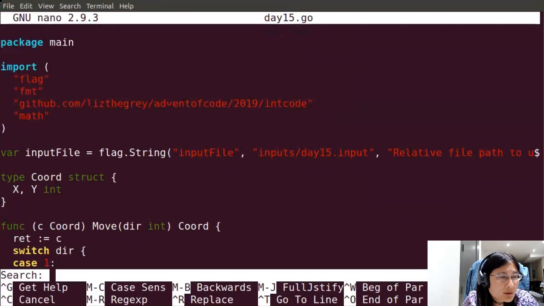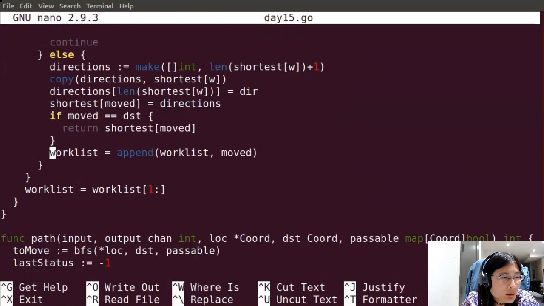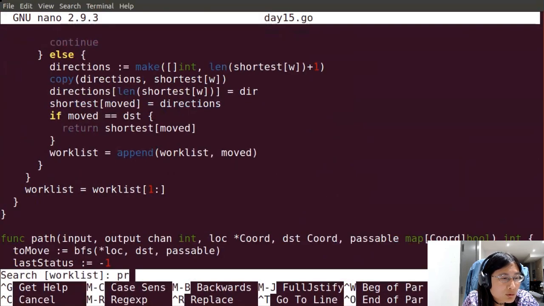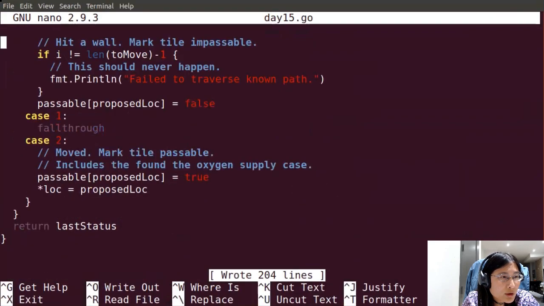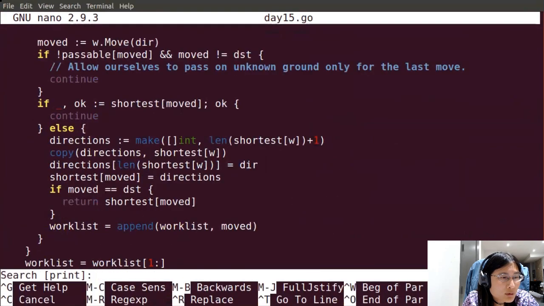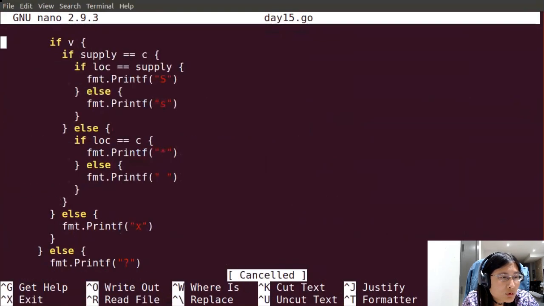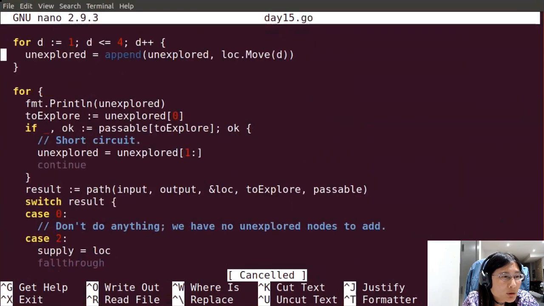Okay, so let's do work list. Okay, I don't need to print the work list now. Okay, and I don't need to print maze here at every step.